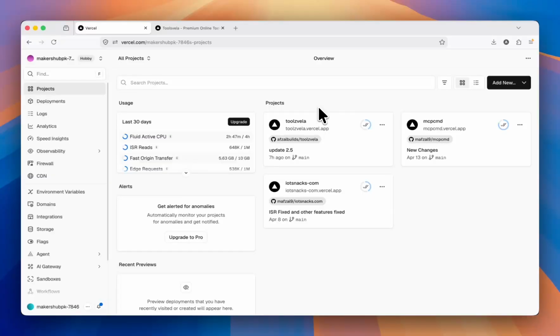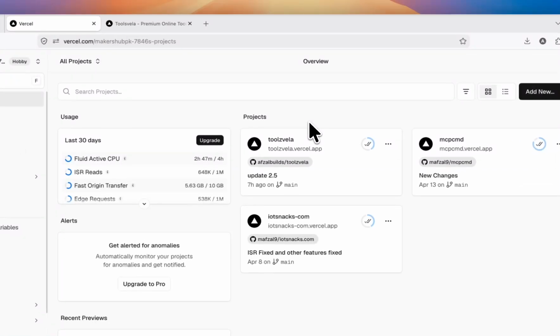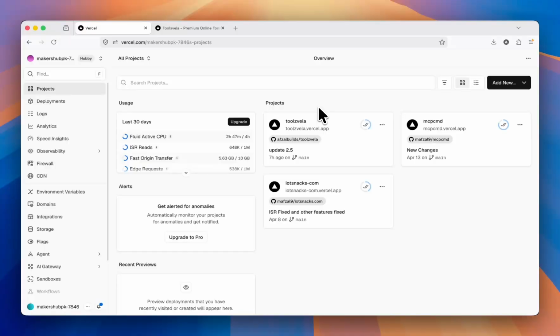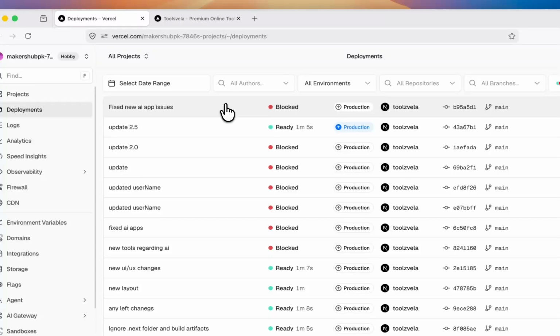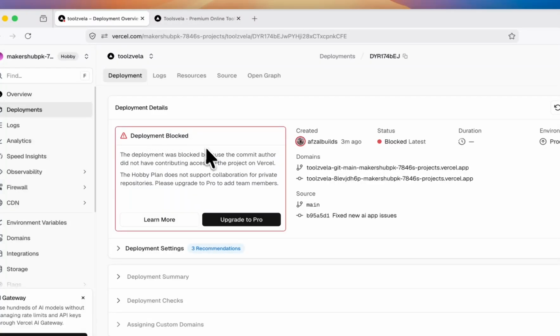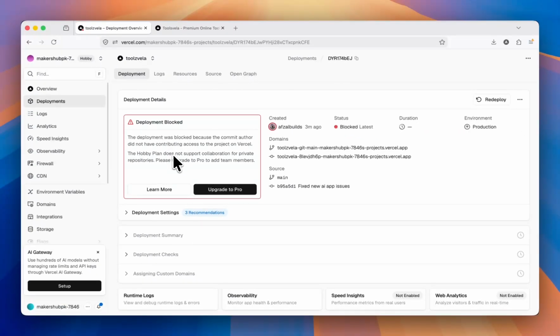Actually, last month Vercel did something new: if you are using multiple Vercel accounts with the same GitHub account, then you are getting errors. Like if you click on the deployments, you will see this type of error, that your deployment has been blocked due to the username issues. Actually, the issue is that